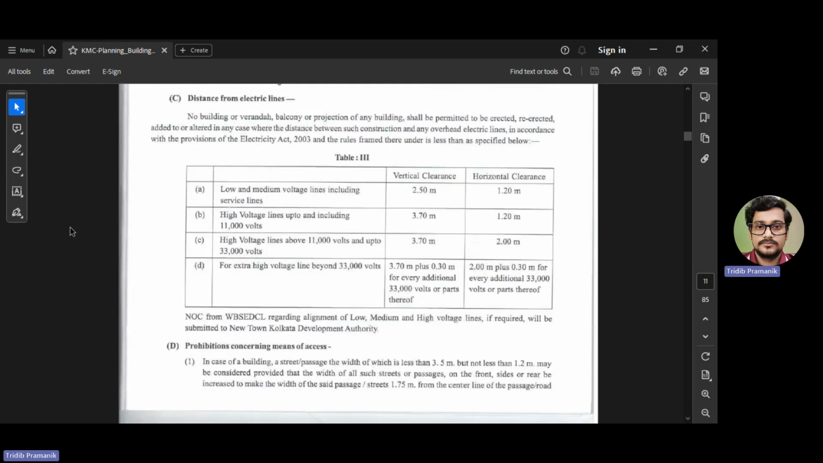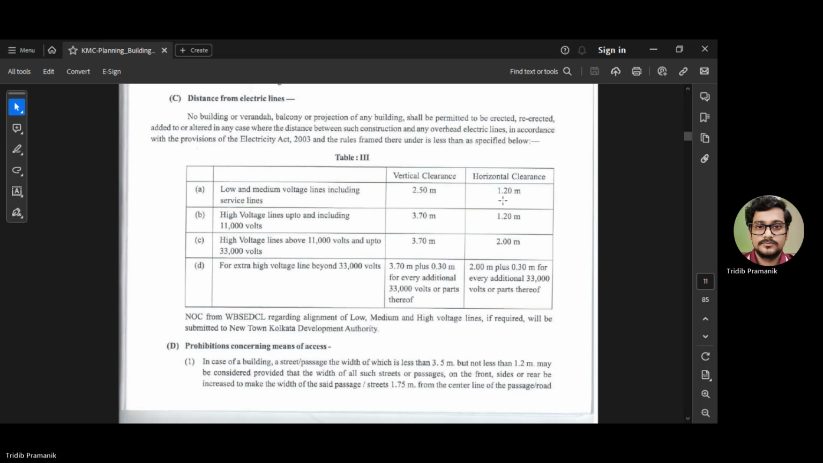Now we will move to this one. Restrictions about the minimum distance to maintain from electric lines. If we have any low or medium voltage lines, that is up to 440 volt, then the vertical clearance from the electric wire to the topmost portion of the building should be at least 2.5 meter, and the horizontal clearance, that means the clear distance between the electric wire and the nearest projected point of the building,